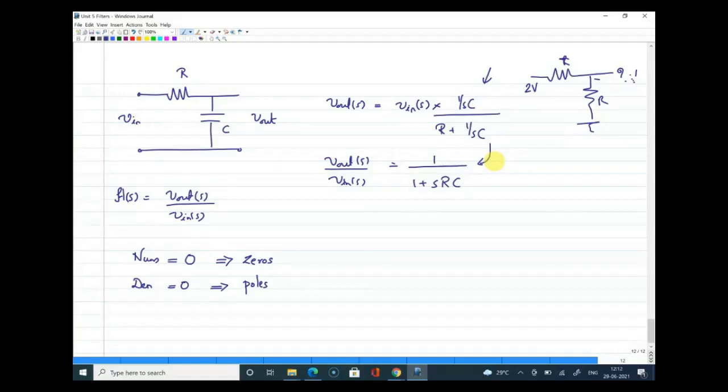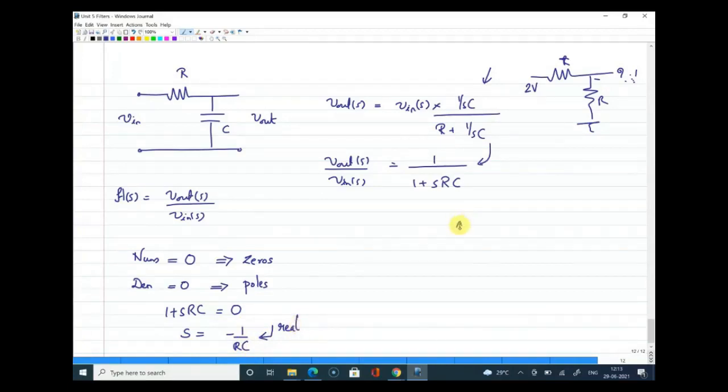So why do we need this? Because we will draw something called a pole-zero diagram with the help of this. That is to visualize this better and to capture some more information from the transfer function. So let me quickly find out what is the pole of this. How to get the pole? I have to take the denominator. Denominator is 1 plus sRC, and I equate that to 0. Then I can say that the value of s is equal to minus 1 by RC, right? Now when I say the value of s is minus 1 by RC, there is no imaginary part, only a real part to this.